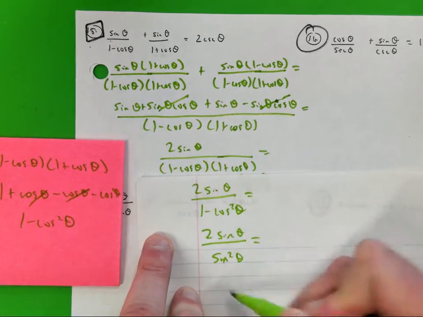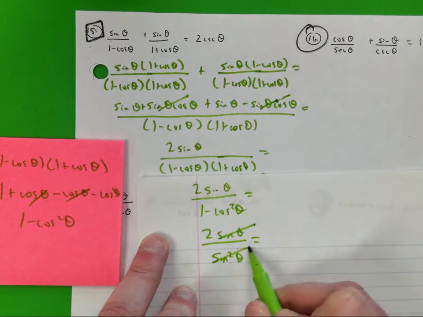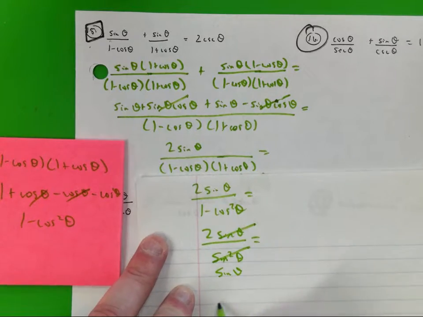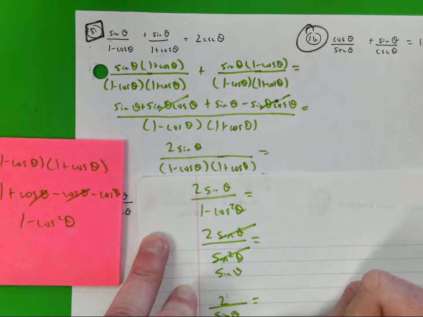Now, could you cancel something out here? I take that sine out. I had 2 there, so I leave what down here? 1. So I got 2 over sine theta. Now, I want 2 cosecant. Isn't 2 over sine the same thing as 2 cosecant? Because